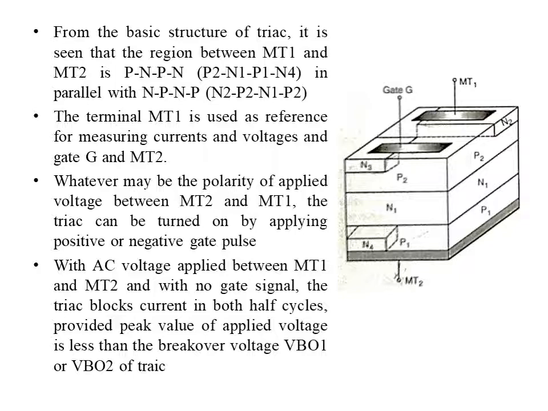Thus, when gate pulses are not applied, the voltage level will be less than the breakover voltage for breaking the junction. And here, since we have two SCRs connected antiparallel, we have two breakover voltages VBO1 and VBO2. So when gate pulses are not applied, the voltage level will be less than breakover voltage VBO1 and VBO2.